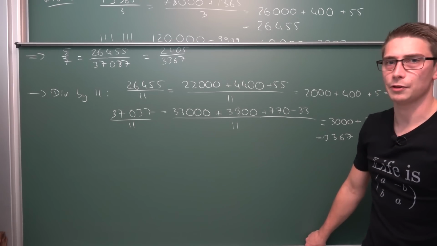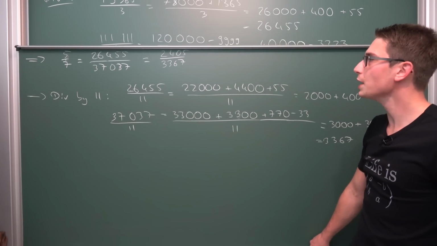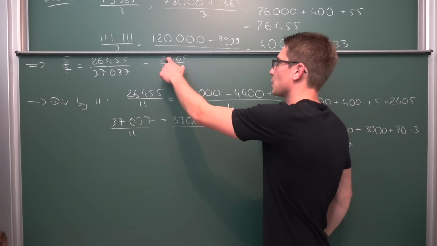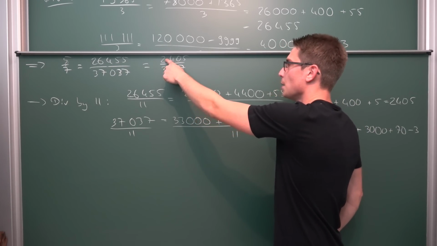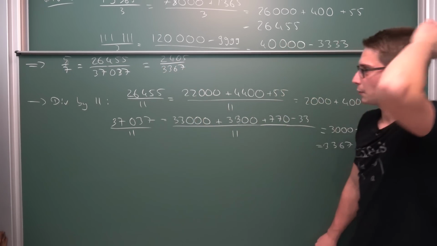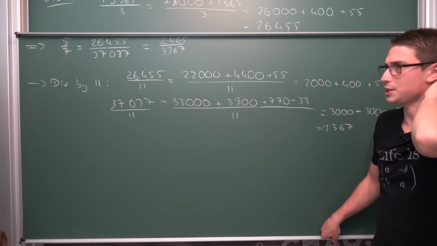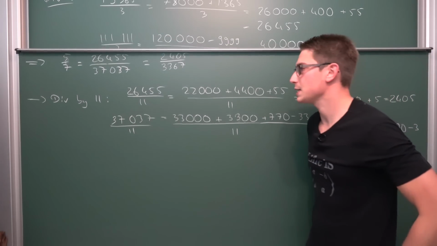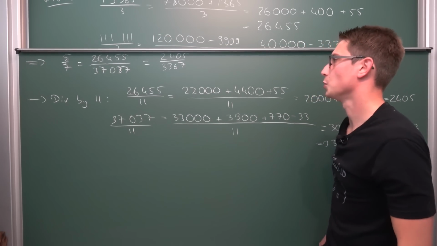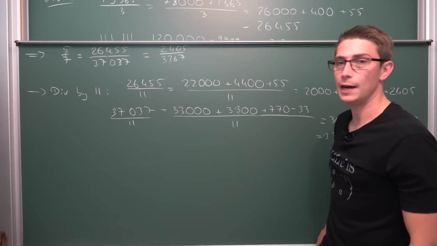Is it divisible by 11 again? So we checked all the numbers before that. Is it divisible by 11 again? 2 minus 4 is negative 2 plus, no, not divisible by 11. Okay, next number 12 doesn't work. Next number 13. I have no idea what the divisibility rule for 13 is, but we have a way of